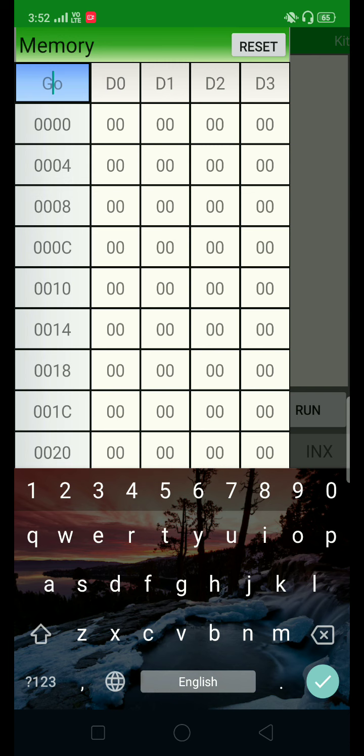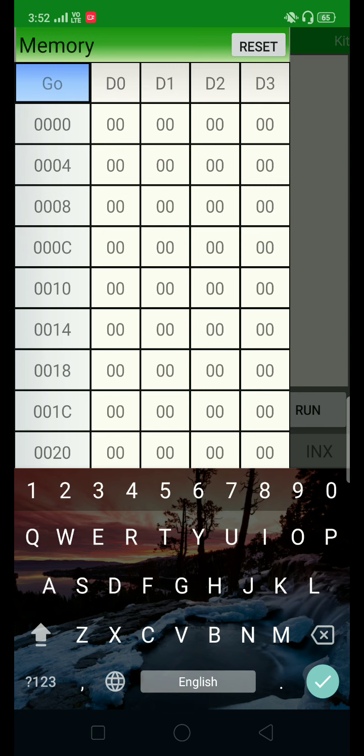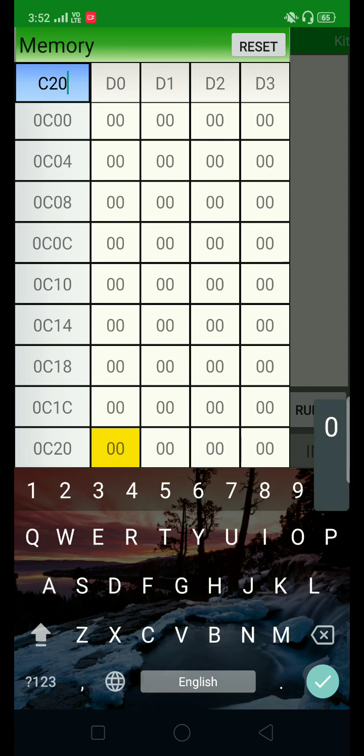Click on go and give the starting address of array 1, that is C200. So after giving C200, automatically the yellow box indicates the first location related to C200.